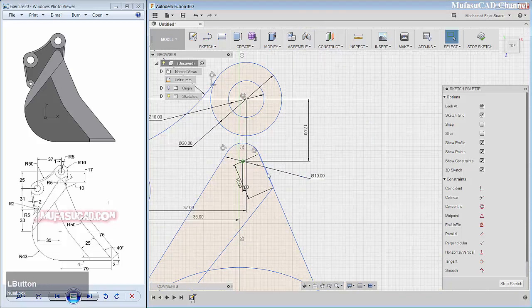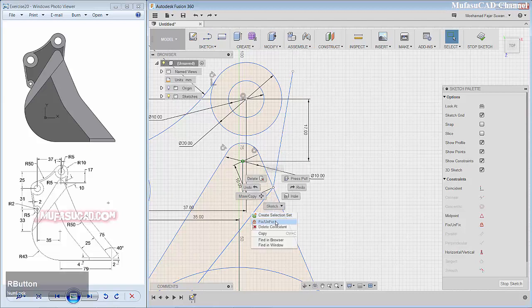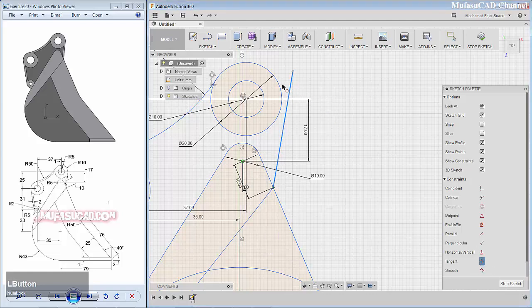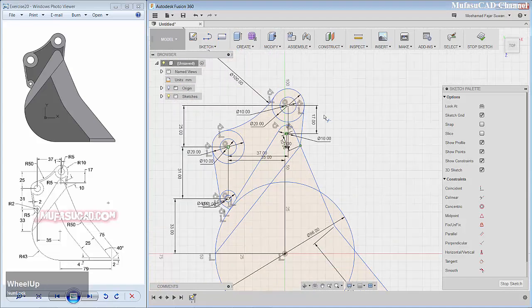I will select this line object, delete, and I will create a line from this point to this point, and I will select this point, right click fix or unfix. Okay, use a tangent to connect this line into this circle, and next I will trim this line object and we create this model.